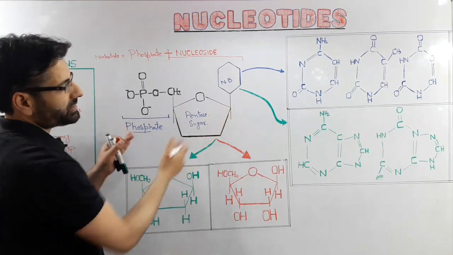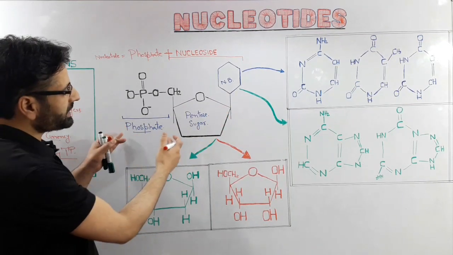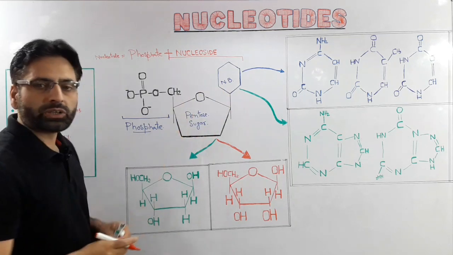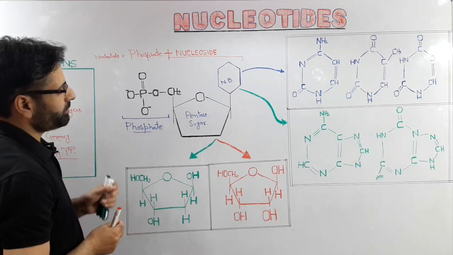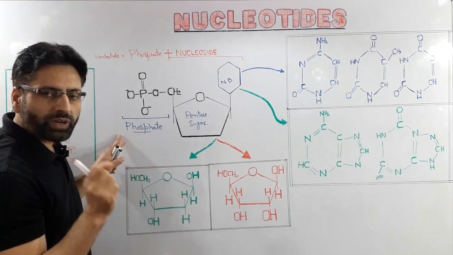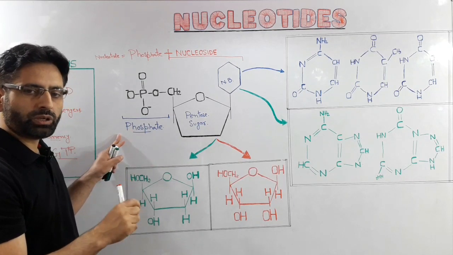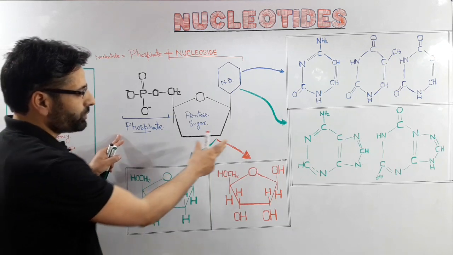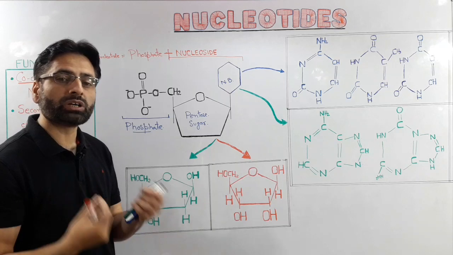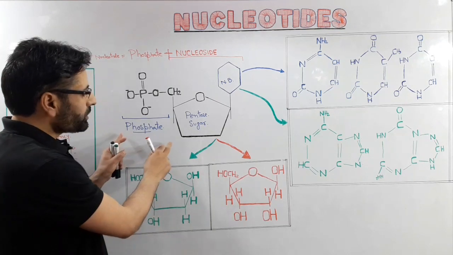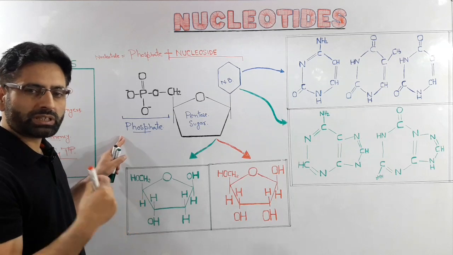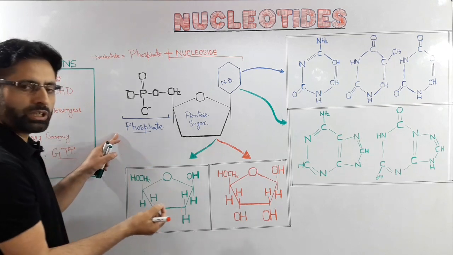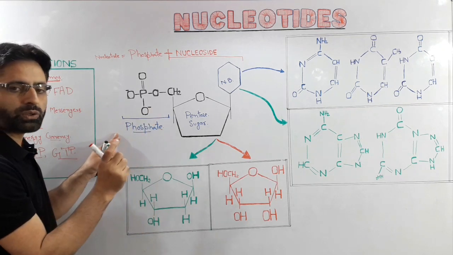These are the basic structural components of the nucleotide. We have this phosphate group, pentose sugar and nitrogen base. It is important to remember that we have only one phosphate group attached to the nucleotide when it is present in the nucleic acid. That is, you can say this nucleotide present in the nucleic acid is a monophosphate. Nucleotides having two phosphate groups or three phosphate groups are present in the cytoplasm. If the nucleotide is present in the nucleic acid, then it has only one phosphate group.